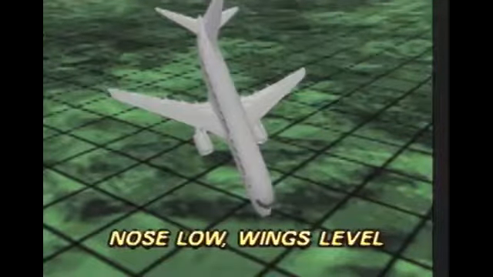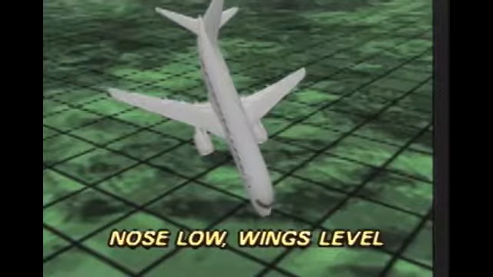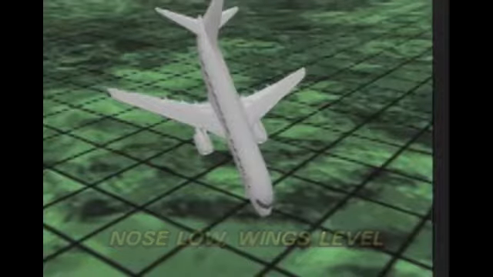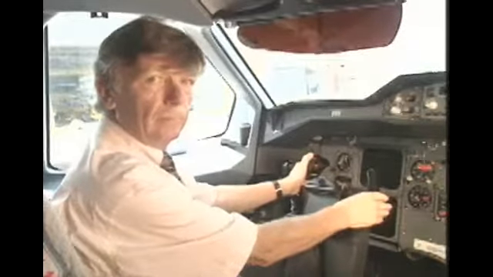Now imagine an upset situation where the airplane pitch attitude is unintentionally more than 10 degrees nose low. Recognize and confirm the situation. In a nose-low, low-speed situation, remember that the aircraft may be stalled at a relatively low pitch, and it is necessary to recover from the stall first. This may require nose-down elevator, which may not be intuitive.